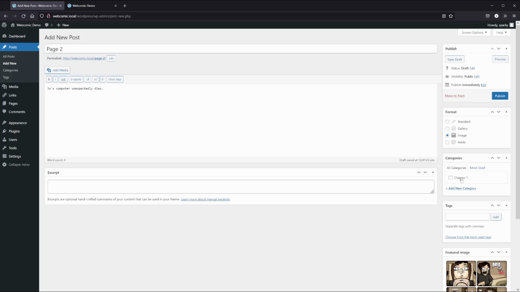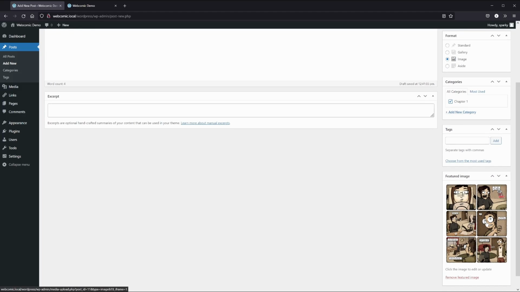Click the button. See how it says Chapter 1? Now, can you imagine if instead it just said the name of the chapter and you'd have to remember which chapter is which? This is why you list the categories as Chapter 1, Chapter 2, Chapter 3, and so on, and let the category description hold the actual chapter name. Add character tags. Joe and Gabor separated by a comma. Click Add.